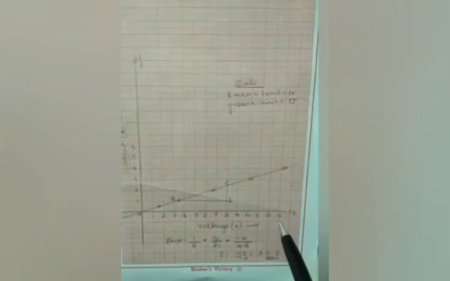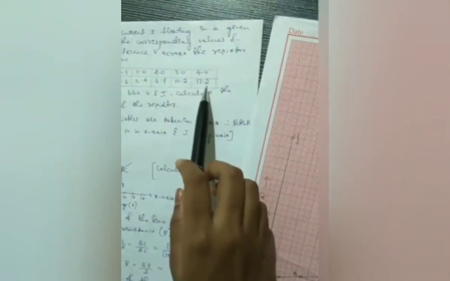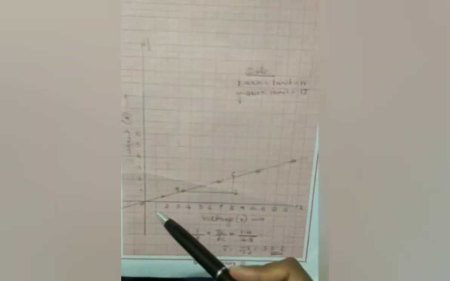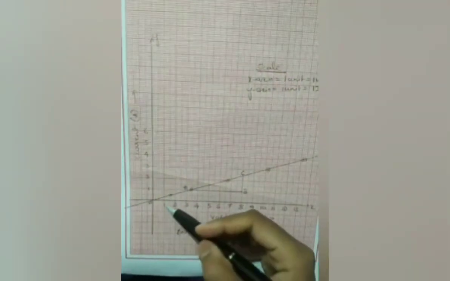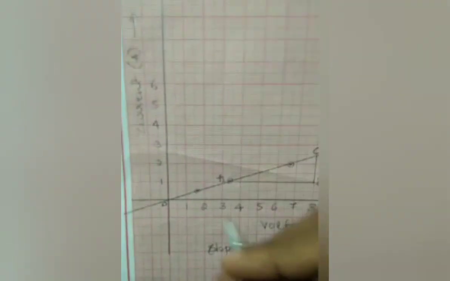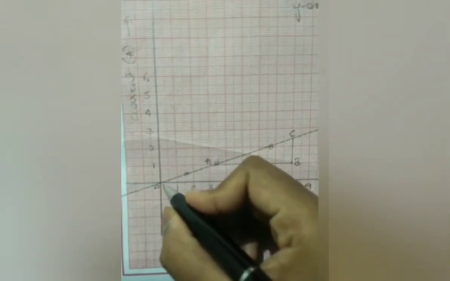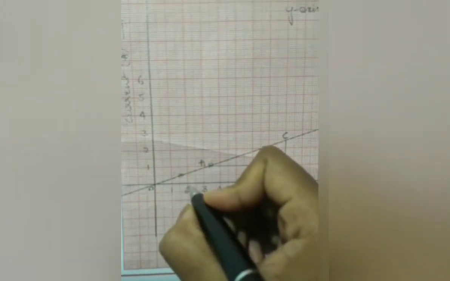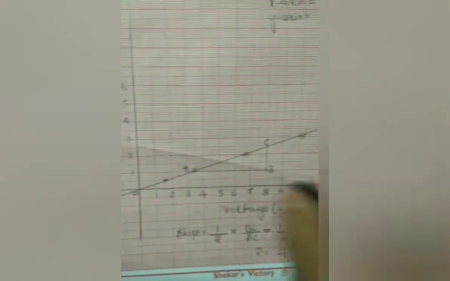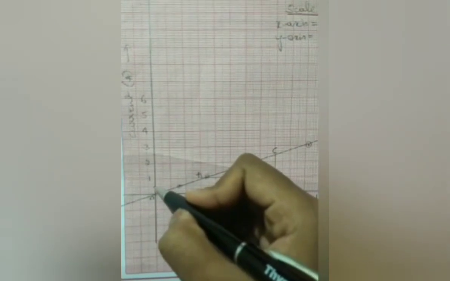Here I have taken the x-axis as voltage and the y-axis as current. In the x-axis we had 1.6 to 13.2. I took here 1 to 13, and in the y-axis I took 1 to 6. Now it will be easy to plot. I think you know how to plot on the graph, right? See, this is called 1 unit. These are the decimals like 0.1, 0.2, 0.3, then here 1. The next is 1.1, 1.2, same goes to 2, and it repeats till 13. Here also 1. The first one we have is 0.5, right? So this is our 0.5.